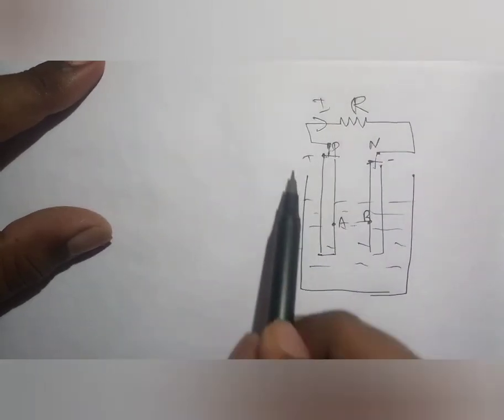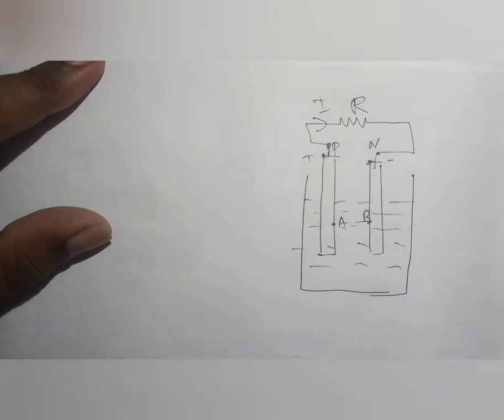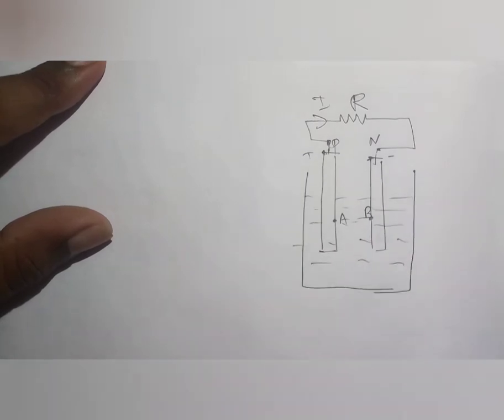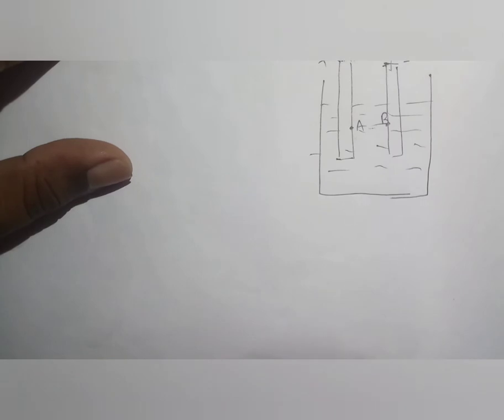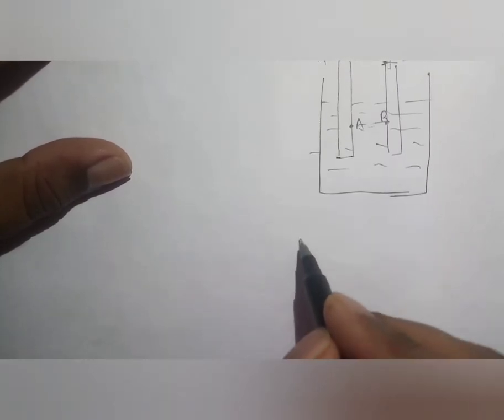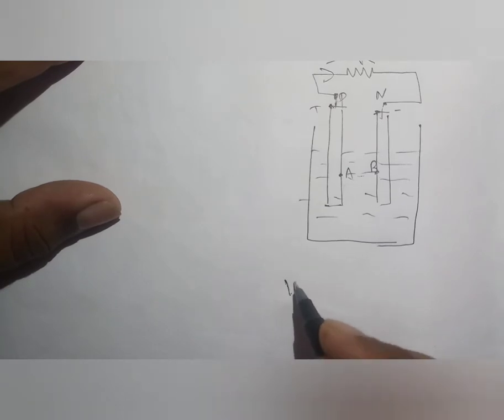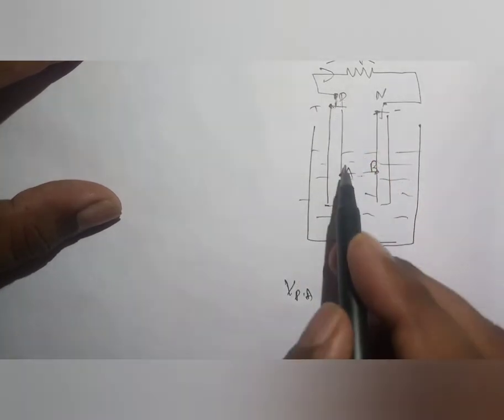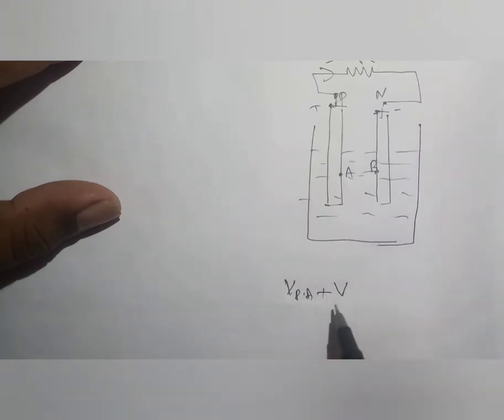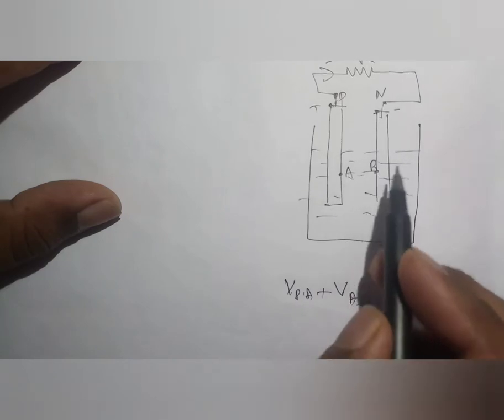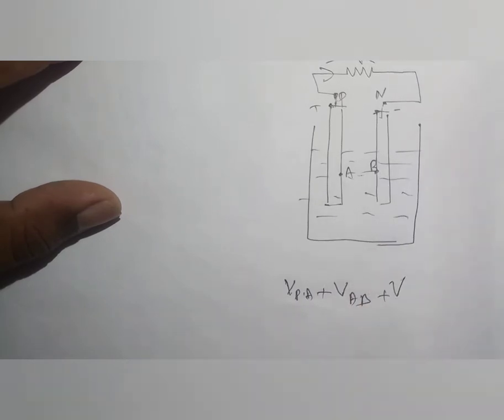All these if you add, you should get the total potential difference. That is, separately we can write the potential V across P and A, that is here one potential is there, plus potential across A and B, that is between these two, plus potential across